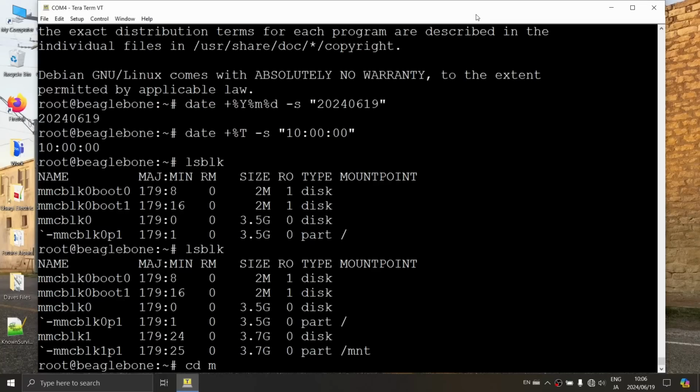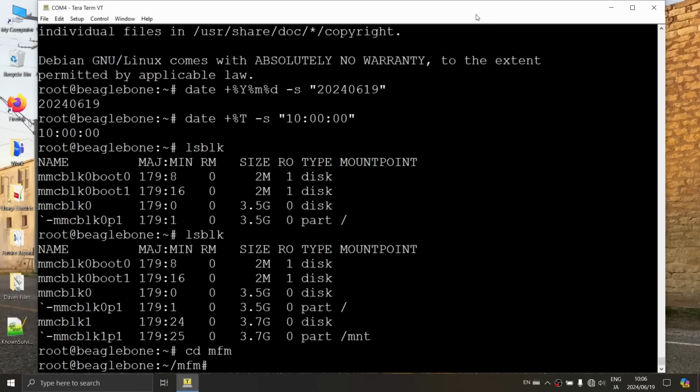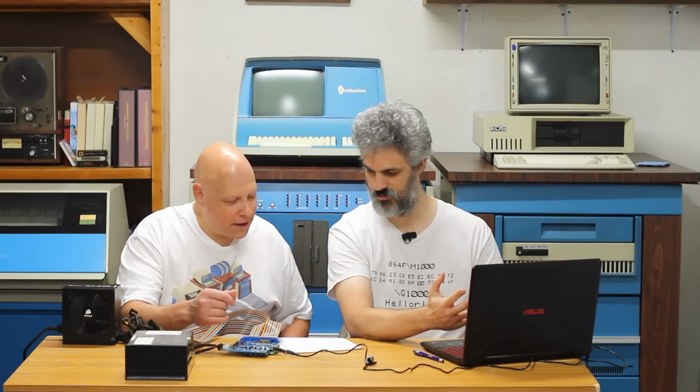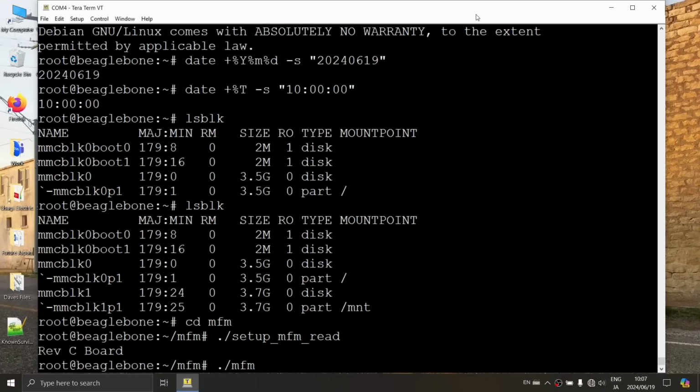We need to change a directory here. Yeah, cd mfm. Change to the MFM directory. Now we're going to do a ./setup_mfm_read. And it identifies the board as a Rev C board. Okay, very good. And we're going to do an MFM read. All right. So ./mfm_read